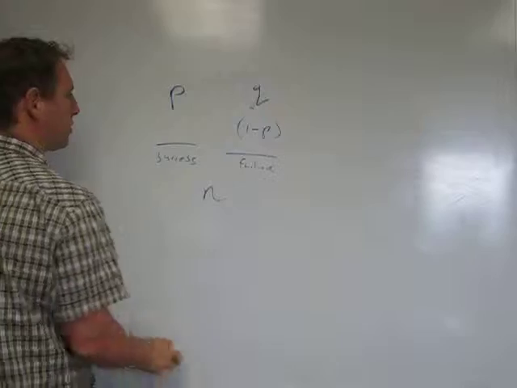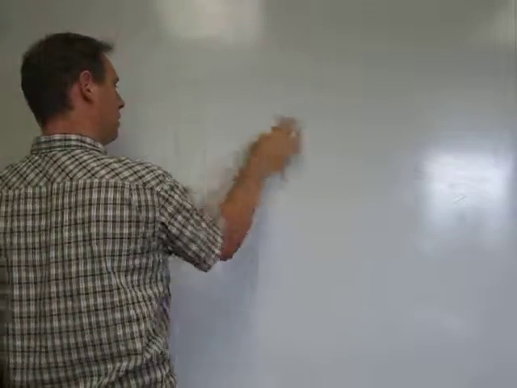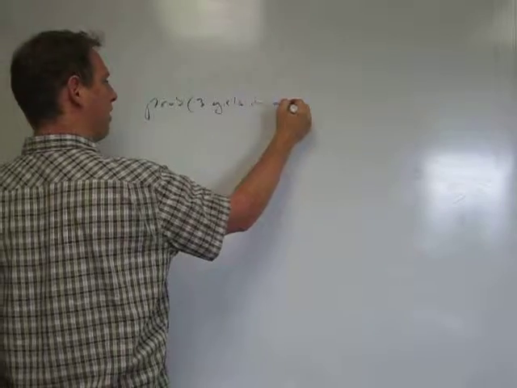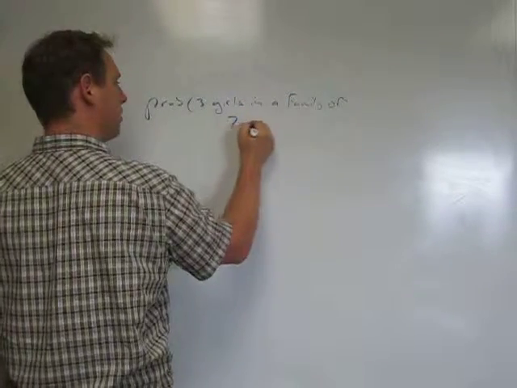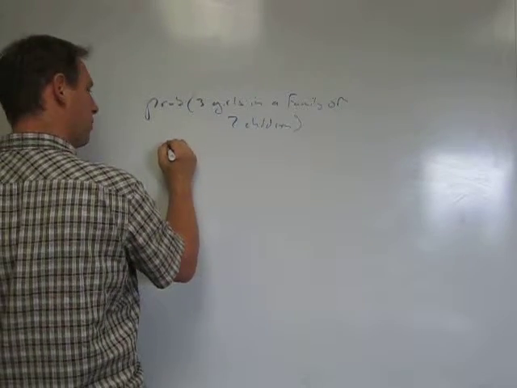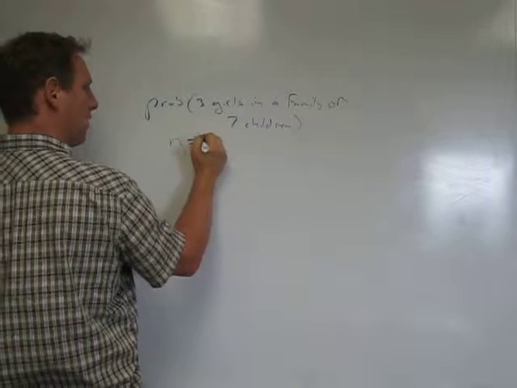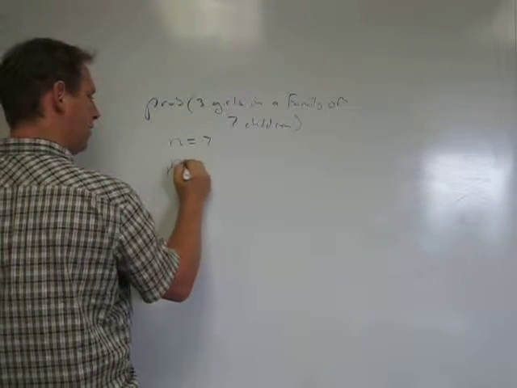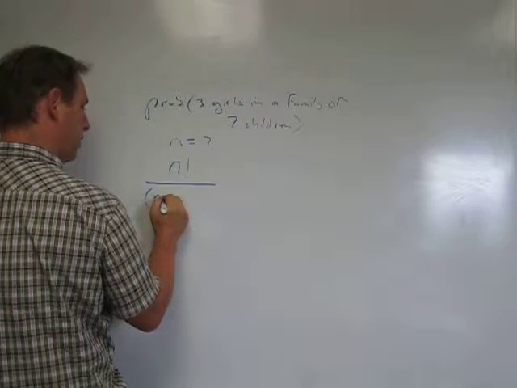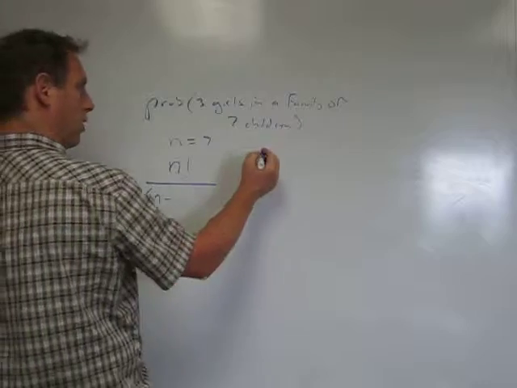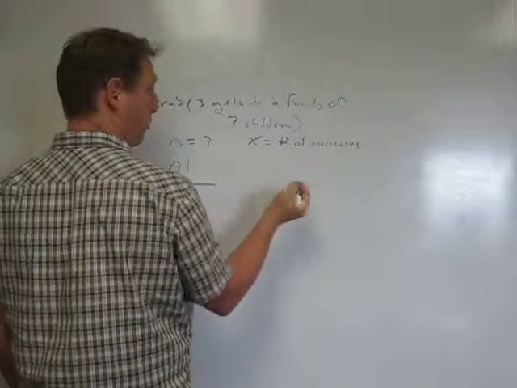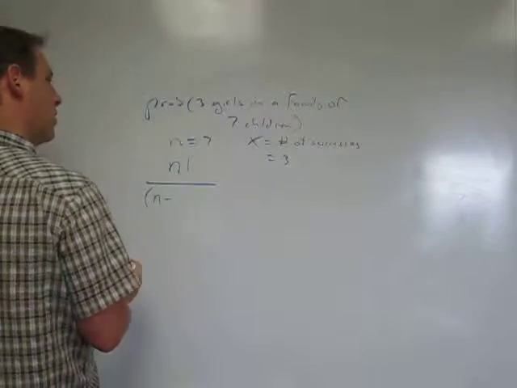Okay. Now, in this particular scenario, what we're going to do is ask, what's the probability of 3 girls in a family of 7 children? And this is going to be equal to, okay, the number of trials, which is 7 in this particular case, but we're going to call n equal to 7. And we're going to use a formula. We're going to say it's n factorial, you know what a factorial is, divided by n minus the number of successes, which we're going to call x. So x equals the number of successes. In this scenario, of course, x is equal to 3 because we're saying having a girl is a success. So it's going to be n minus x